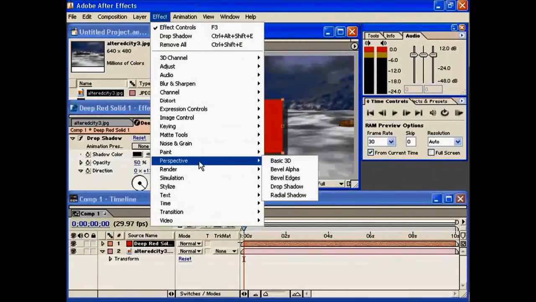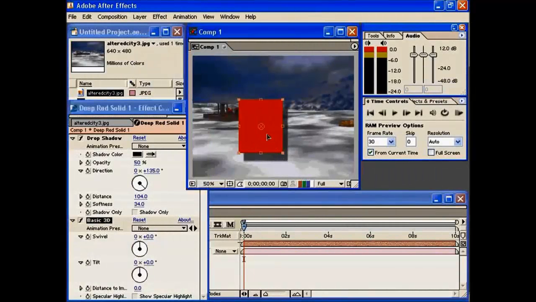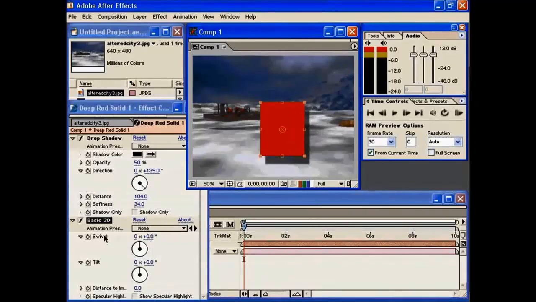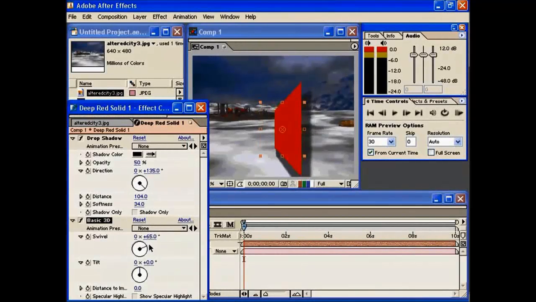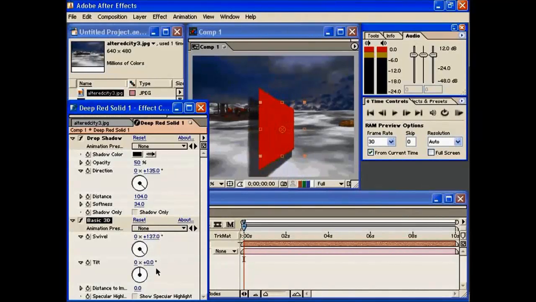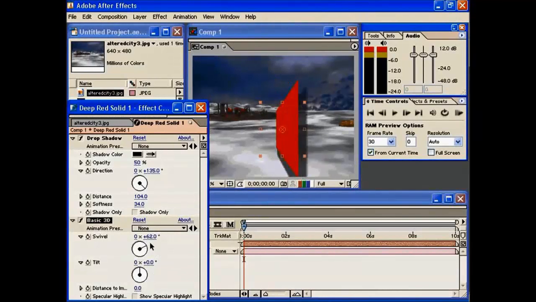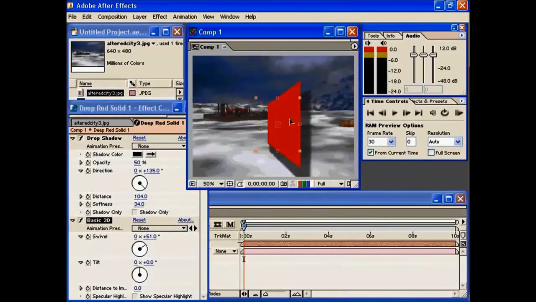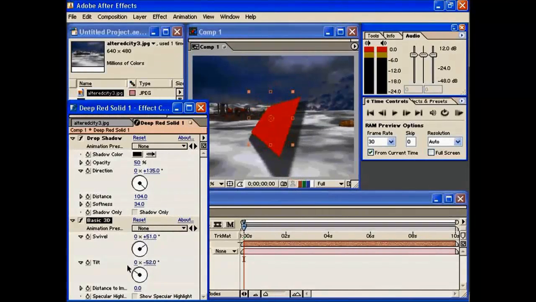Let me use the basic 3D, and you'll see what I'm talking about. Here we see the border for our actual red layer here, and if I was to turn this, you can see how the layer rotates, but you'll notice that the border for the layer is still in the exact same position. And that's because this is not an actual 3D layer, although